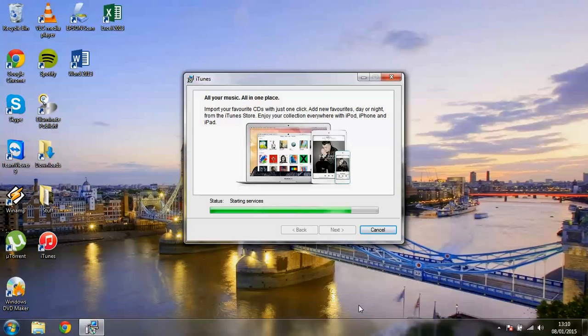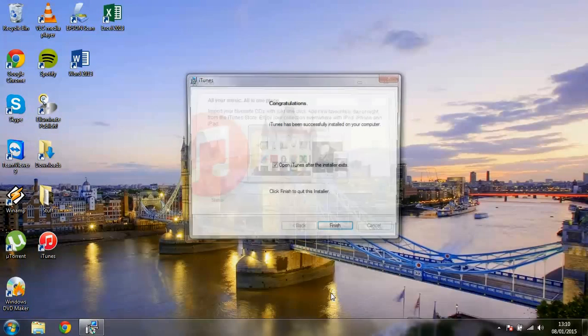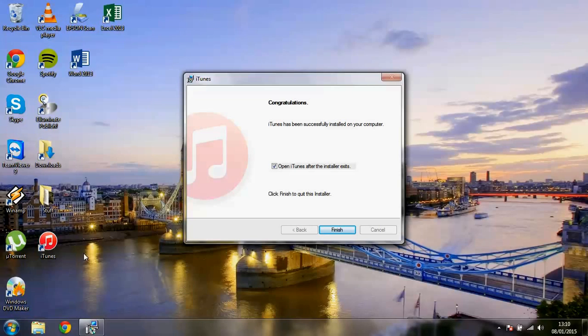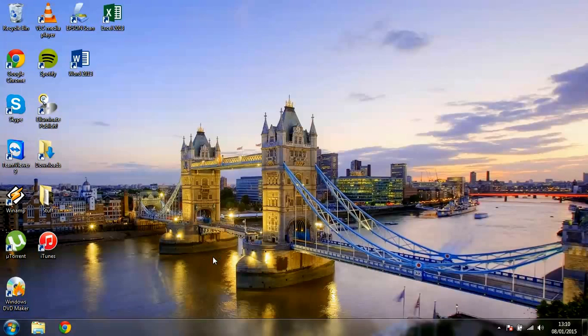Okay, so we can see here that iTunes is almost completed. Oh, there we go, it's finished now, and this little red icon or shortcut has appeared on my desktop. It's saying, congratulations, iTunes has been successfully installed on your computer, and asking if you want to open iTunes now that you've installed it. Click on finish, and there it's all completed. So from here we're going to open up iTunes, double click on the shortcut,